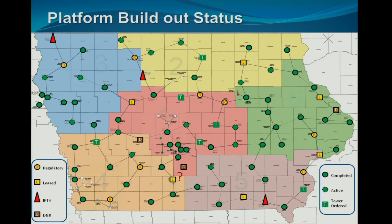So these white circles are counties that have decided to purchase what we call local enhancements. They're purchasing additional sites. So it's their sites, their spectrum, their channels, their infrastructure, and they experience the savings of the core, so they don't have to buy a core. And in some cases, some of these